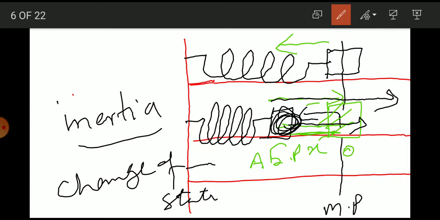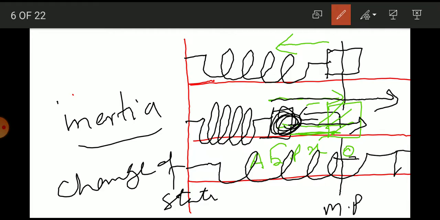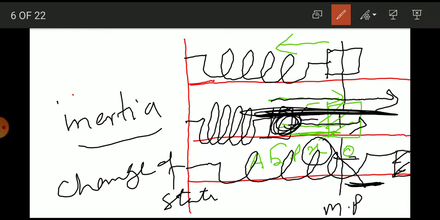It will continue its state of motion, and it will be stretched. This displacement will be equal to this displacement. So from Hooke's law, it will continue its vibratory motion according to Newton's law of inertia. Now